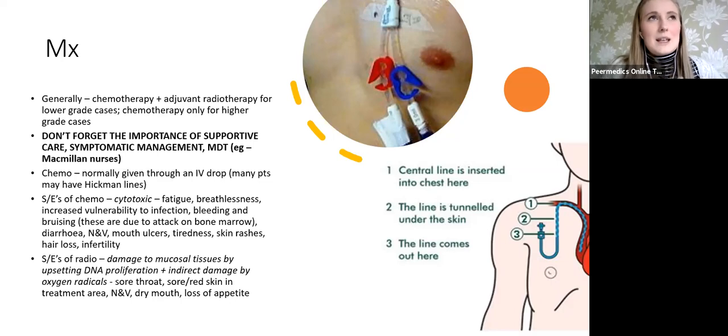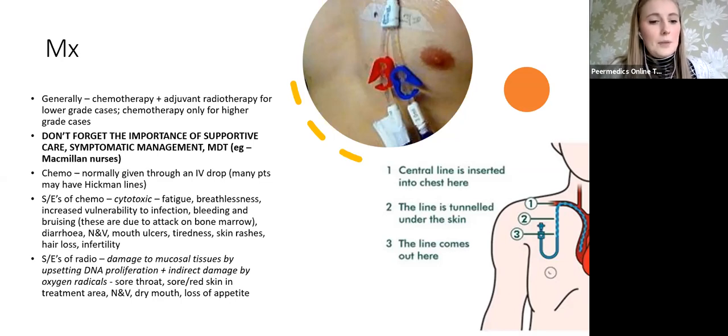however specific they try to make it, it's going to cause these. Obviously there's that characteristic hair loss, mouth ulcers, tiredness, skin rashes, increased susceptibility to infection. If it attacks bone marrow, you get the side effects of that, like bleeding and bruising, because you're missing your